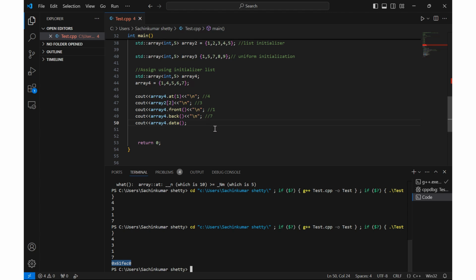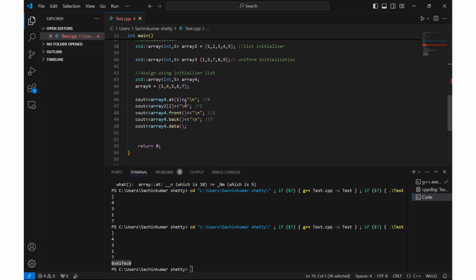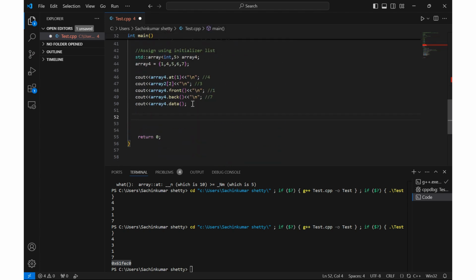Okay, next thing was the iteration or iterators. So let me just use the iterators. Maybe let me focus on the array 4 itself. Say for example I want to iterate through it, then let me just use an iterator. Maybe let me create an auto integer. So auto i equals array 4 dot begin, and